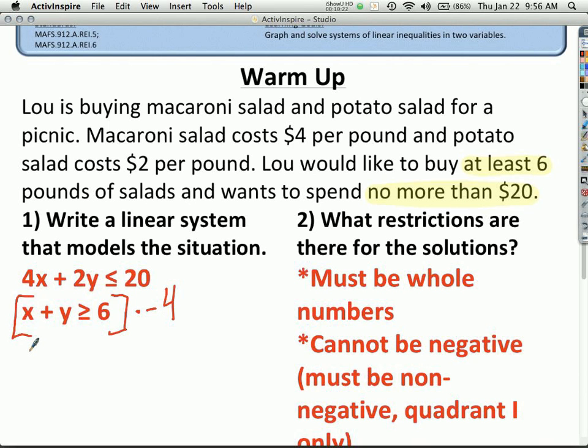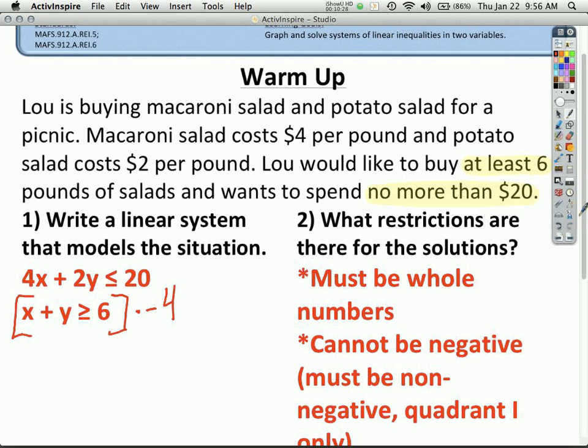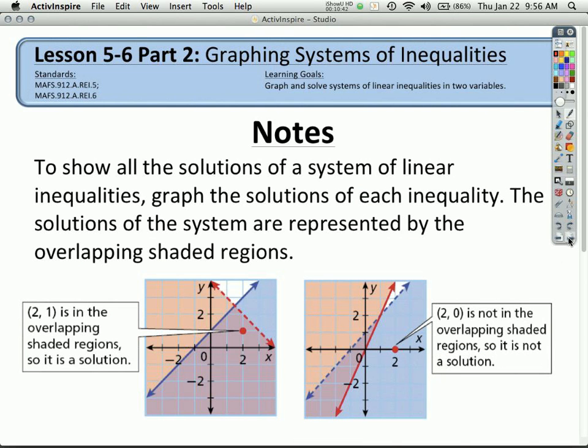Because we're not looking for just one ordered pair. So in this case, that doesn't even make sense. So you have to be aware that when we talk about solving a linear system of inequalities, it has to be a graph. If it's equations, then you can solve it using another method. Are there any questions about that?